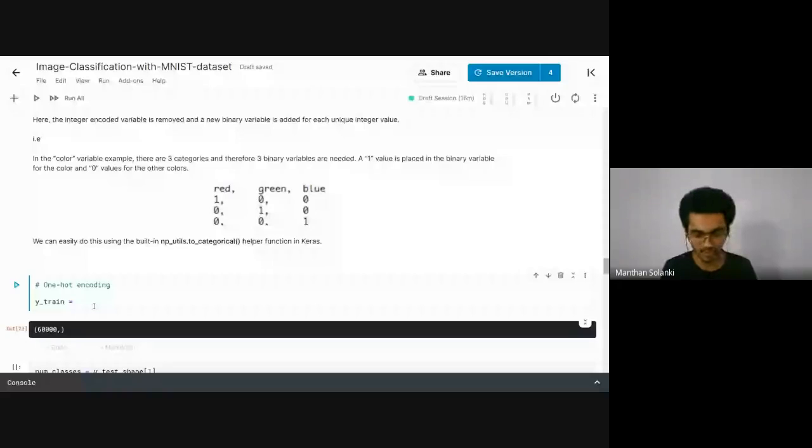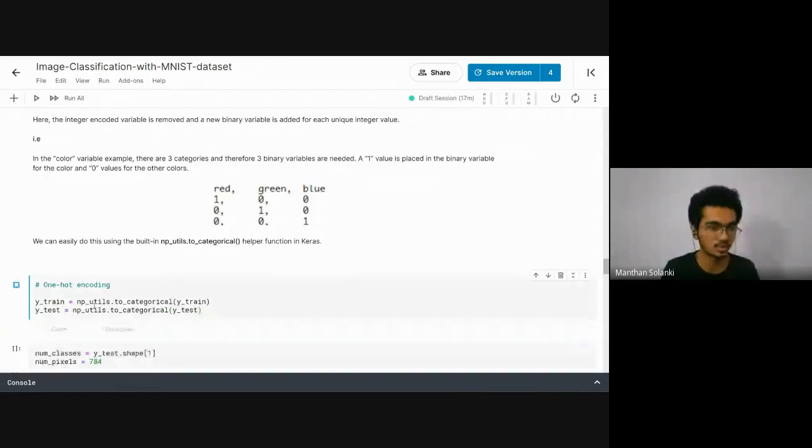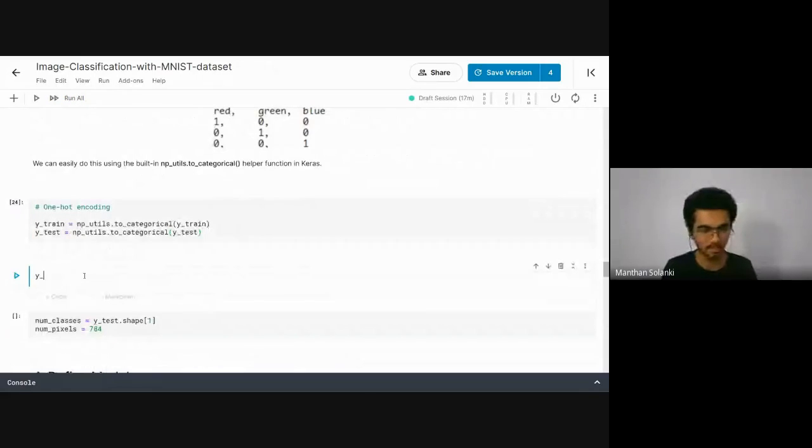So we use np_utils dot the simple function to_categorical, and pass the y train, and the same for the test. Once we apply this, now check the shape of y train.